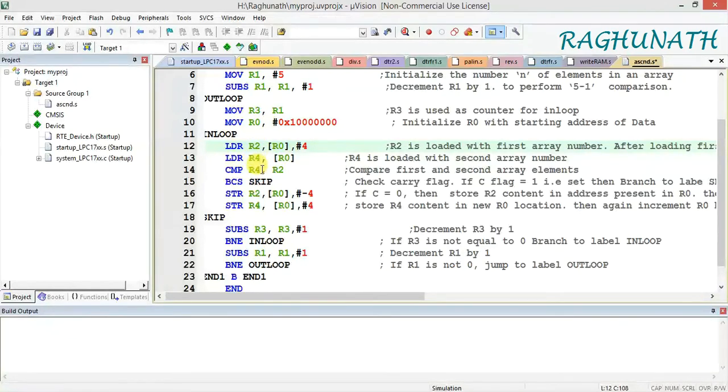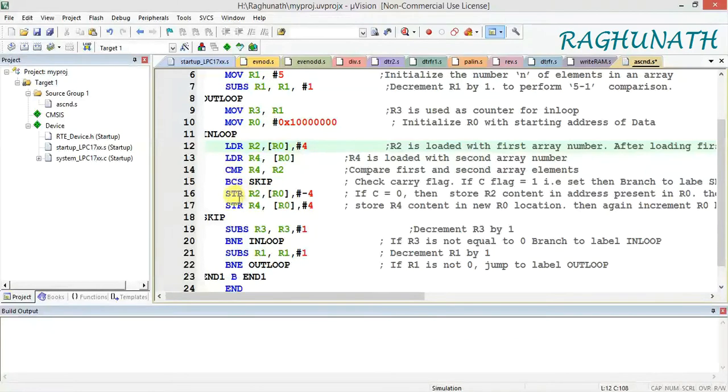So if you compare R4 and R2, R4 minus R2 takes place. Depending on that, the carry flag is going to be affected. You have to check the carry flag. BCS means branch to label skip if carry flag is set. Branch to label skip if carry flag is set.